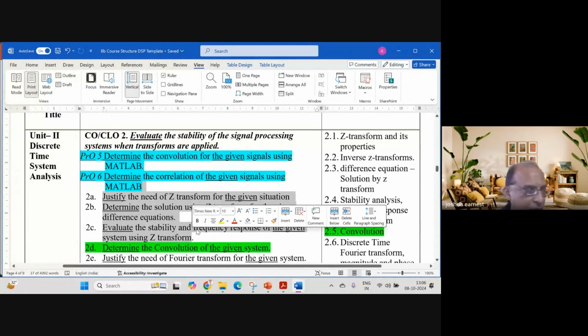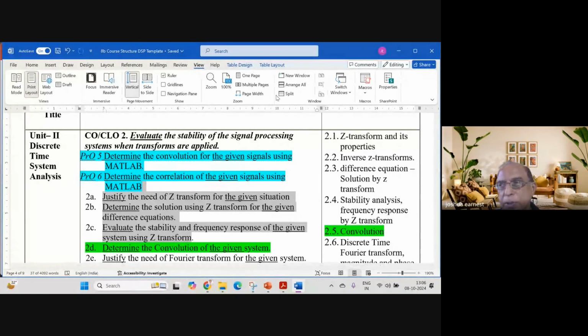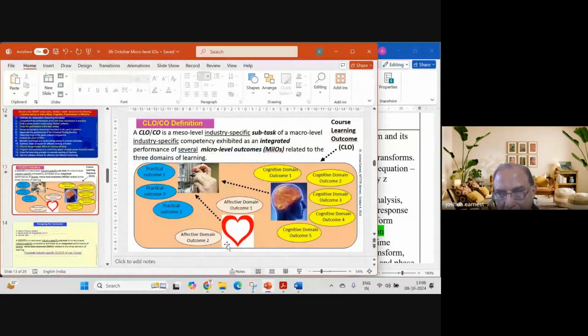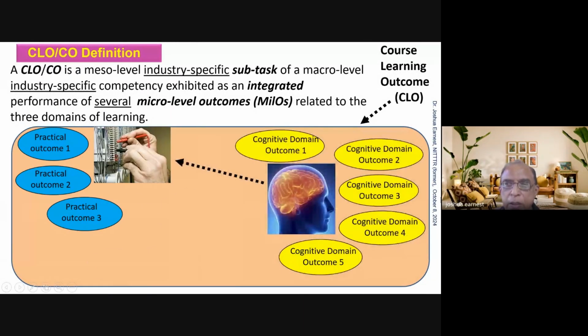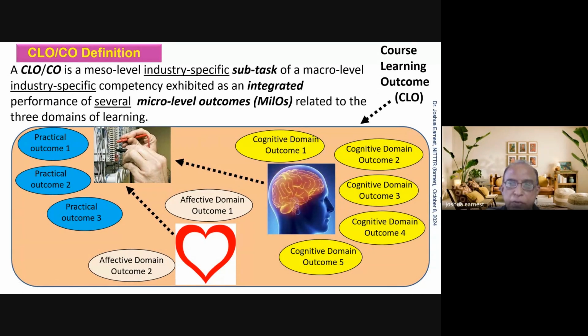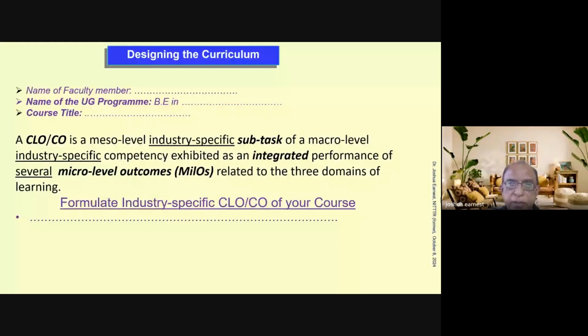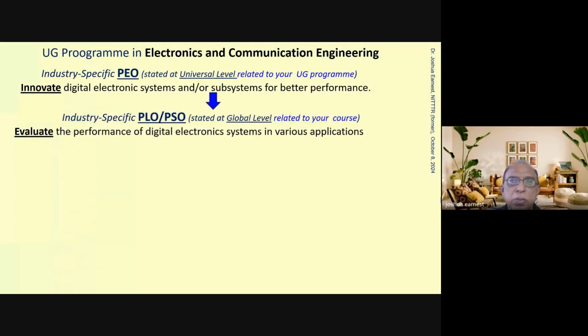Well, within the short notice, all those things cannot be talked about. Let me come back again. So this is what it is. Okay. So these things have to be derived. So from each course, you have to do that. Okay. So now